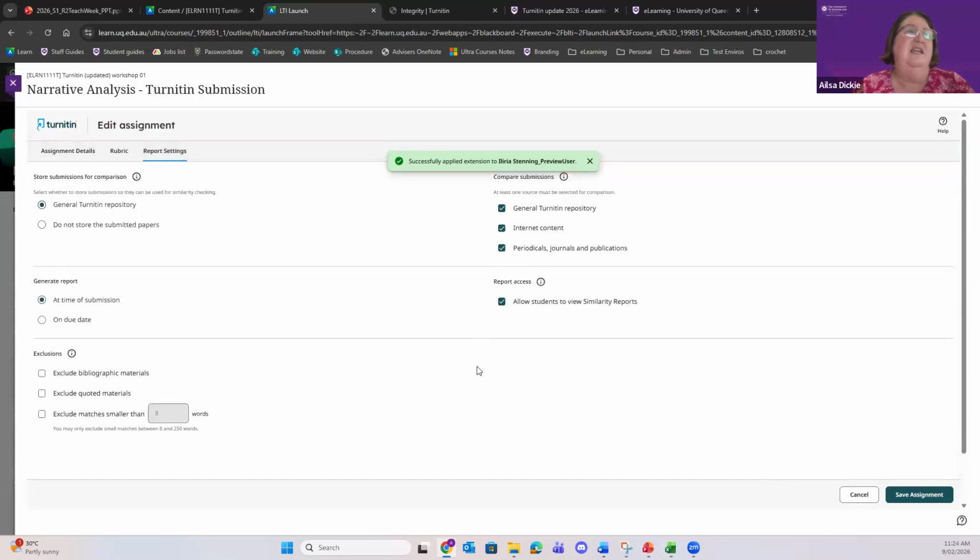The report settings are here. Tanya will talk more about them, but basically we recommend the default settings. Make sure you choose one at a time and allow students to view the similarity report to meet UQ policy. And we don't recommend exclusions because we want the text to match, because that's part of the teaching component of the similarity reports that Tanya will talk about, educating the students about looking at why the text is matching,